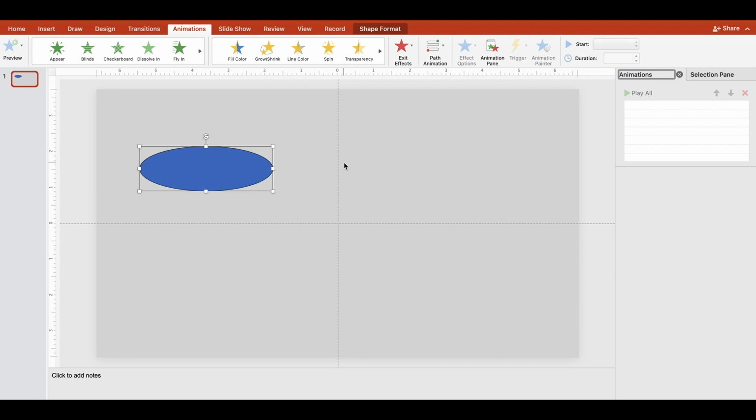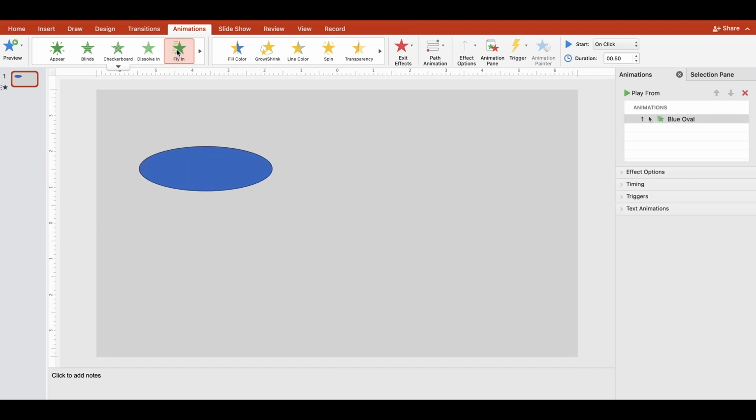So now for our first effect, we're going to have our blue oval fly in from the left. Before we conduct any animation effect, our object needs to be highlighted in our animations box. Right now, for example, it's not. Right now it is. So our blue oval is highlighted in our animations box. So now we go to Fly In, which is an entrance effect. And our blue oval flew in from the bottom,